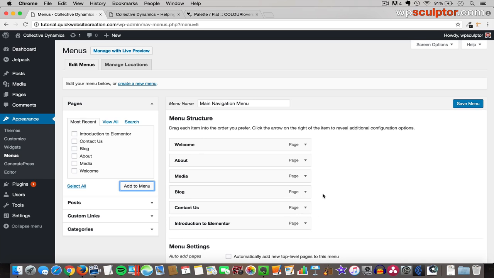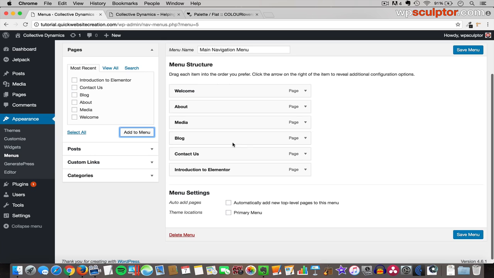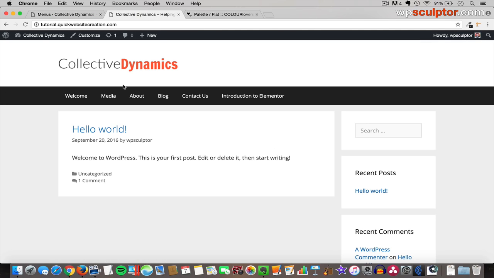All right, and then let's go ahead and scroll down, and you do need to assign your menu. So we created this main navigation menu. Now we need to assign it to a theme location, and different themes will have different theme locations. The GeneratePress theme has one primary menu theme location, so we need to check the box there. And now let's click on Save Menu, and then we'll view the front end of our site, and we're going